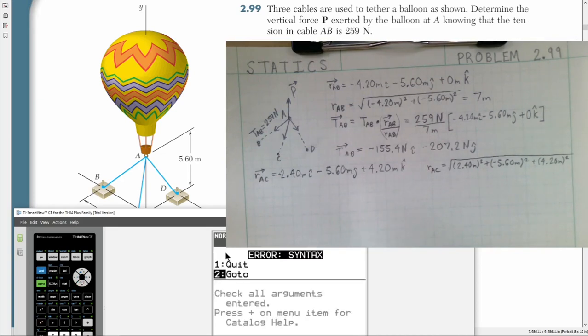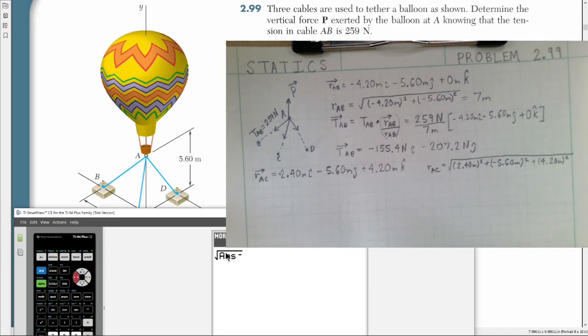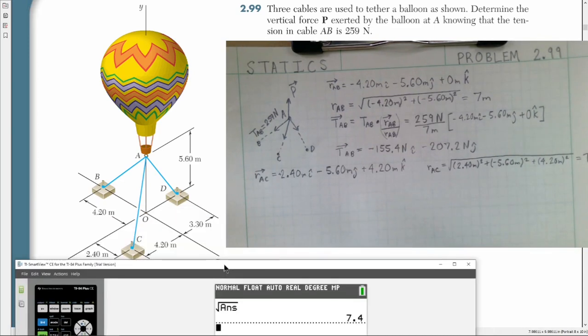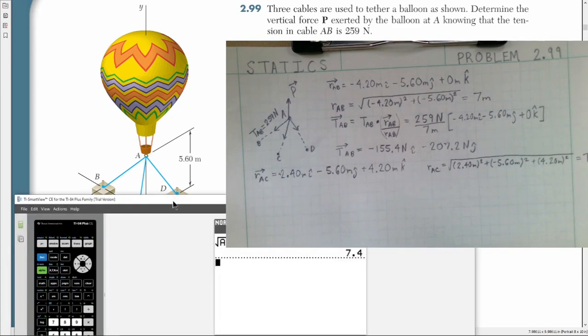Oops, my mistake. Delete that negative out of there. So the square root, we get 7.4. So our magnitude of our distance now is 7.4 meters for the cable AC. The distance from point A to point C we know now is 7.4 meters. Okay, we can go ahead and continue